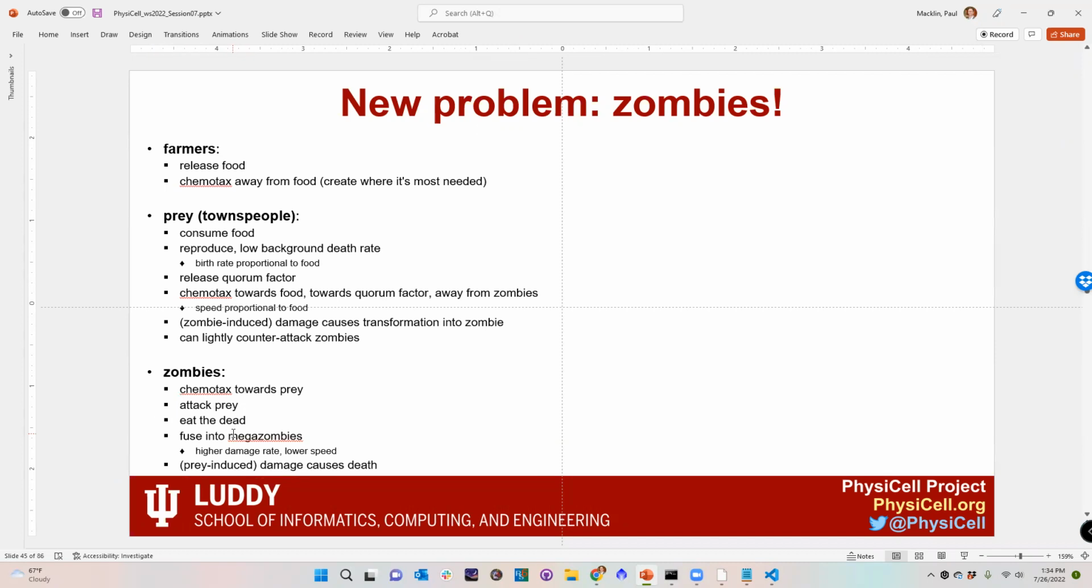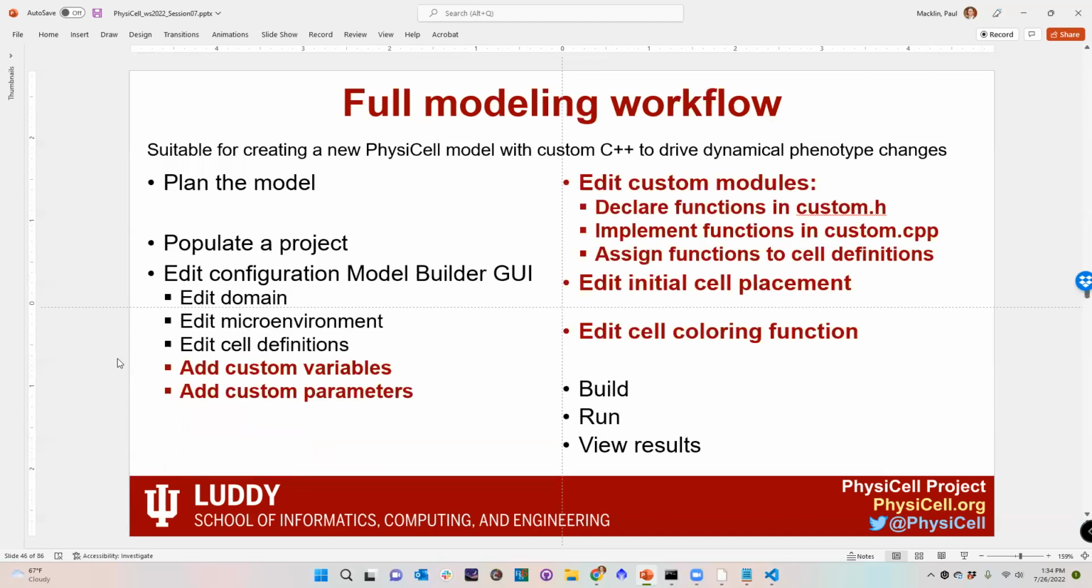Whenever two zombies come in contact, they have a probability of fusing to become a mega zombie. And that mega zombie will have a higher damage rate because it's bigger and tougher, but it will also be slower. And then there will be a possibility that townspeople could fight back. If they cause damage to the zombies, then they can die, which will get interesting when the zombies start eating dead zombies. So full workflow, we're going to plan the model, populate the template project,